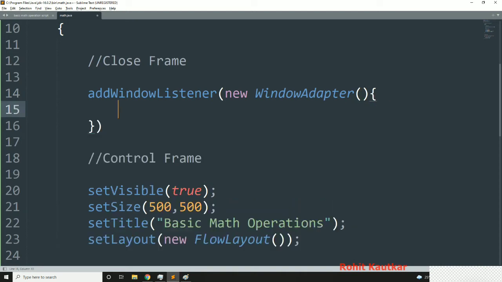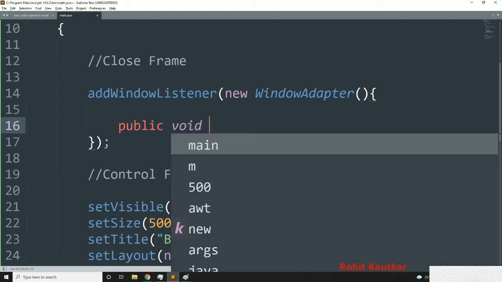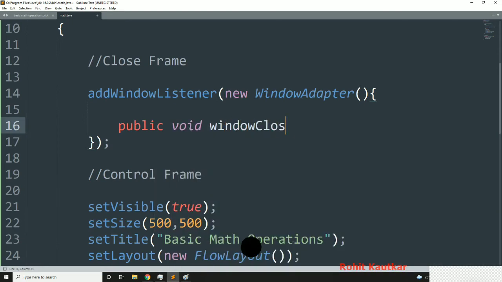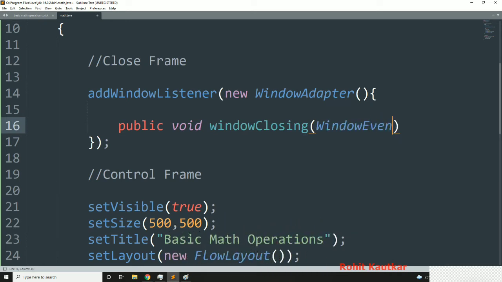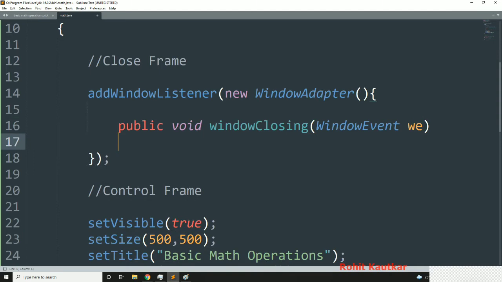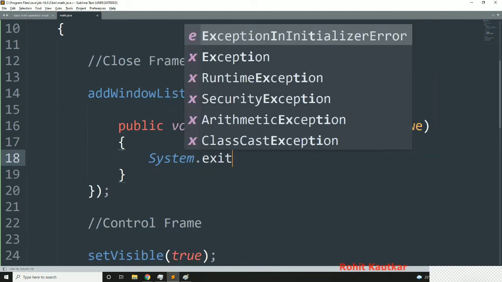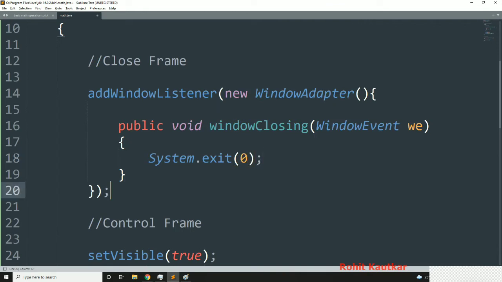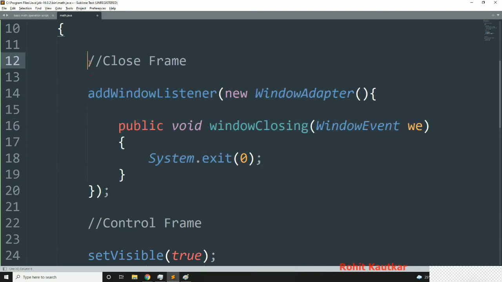Okay, and now here we will implement the window closing method of the window listener interface. So I will write here public void windowClosing like this. It requires the object of the window event class, let's say WE, and here I will use System.exit(0). Okay, so this code will be helpful for closing the window whenever we click on the close button.